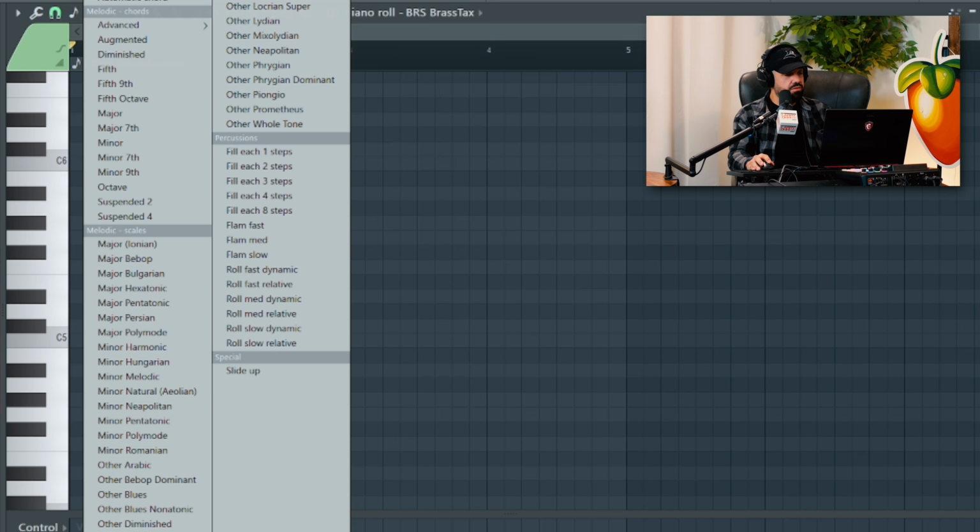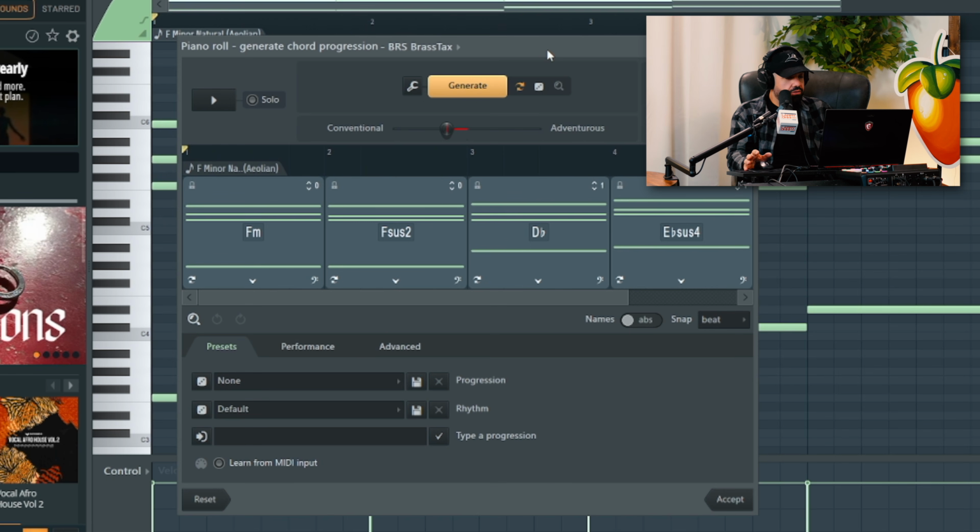How could I forget the other one too, though? How could I forget one of the newest amazing features that I don't use enough? Oh, yeah. This is piano roll. This is a piano roll feature, bro. Jeez. It's just like an Alt S. The craziest thing to me is that, number one, not enough people use this. Number two, it's not a plugin. It's an actual piano roll feature, just the same as the randomizer is, the same as the strum, because